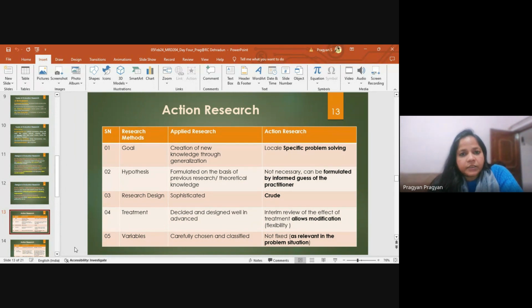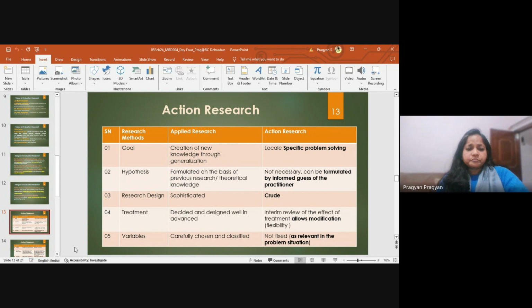You are conducting action research for specific problem solving. That means it is giving you a flexible kind of hypothesis which is not supposed to be formulated in strict terms. Whatever is going to help to solve that problem, and that is suitable to those stakeholders, that can be